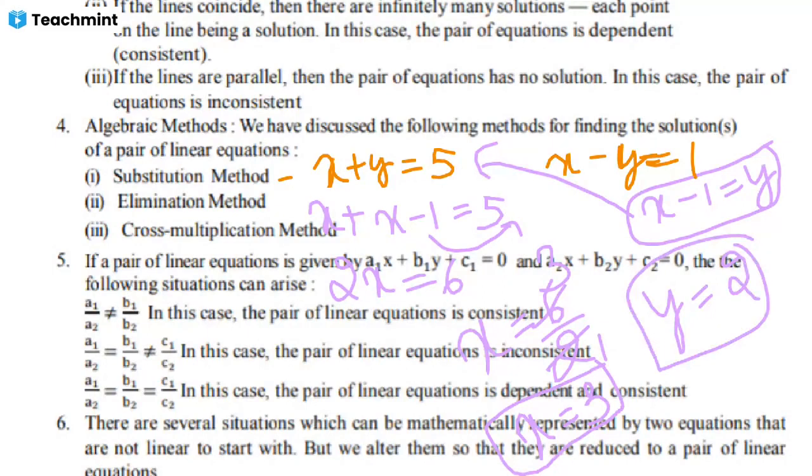Okay, so like this you will be getting the simple problems in substitution method. So in substitution method, what should you do, first